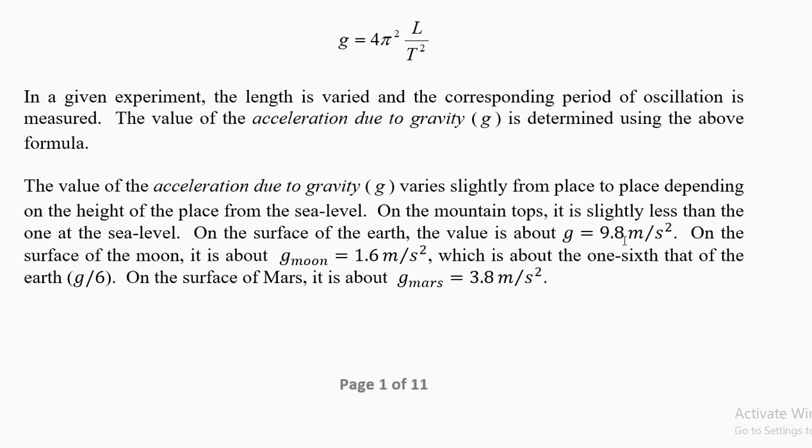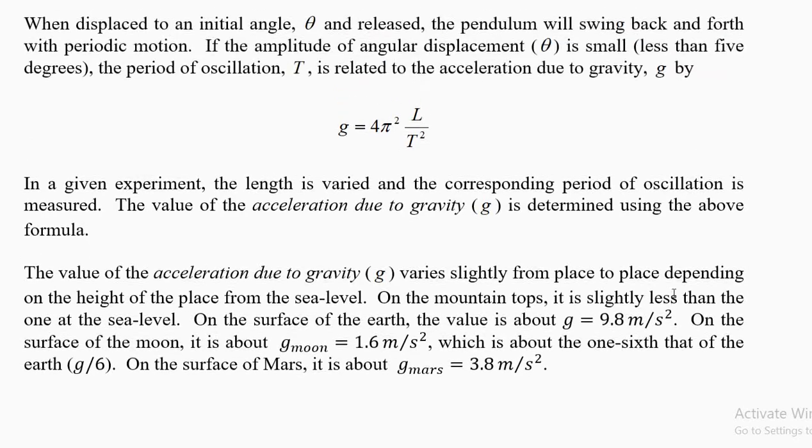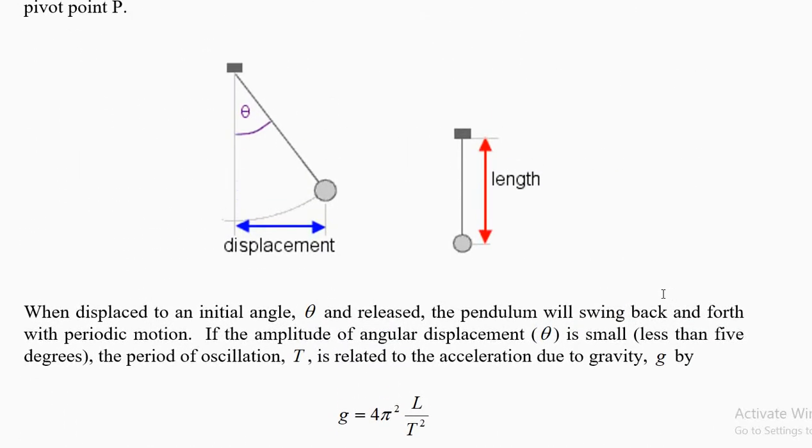Now the acceleration due to gravity on earth is 9.8 meters per second square. We have seen this in other experiments and in your other physics courses. On moon it is 1.6 meters per second square and on Mars it is 3.8 meters per second square. Your experimental answer should be something similar to 9.8. That means 9.5, 9.6, 10, maybe 10.2, 10.3. If somebody gets 11, the experiment is done very badly or the calculations are wrong. So try to get an experimental value around 9.8 meters per second square.